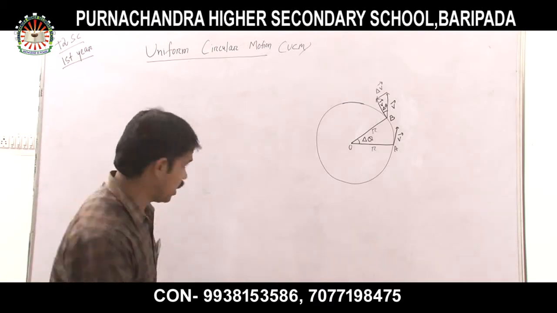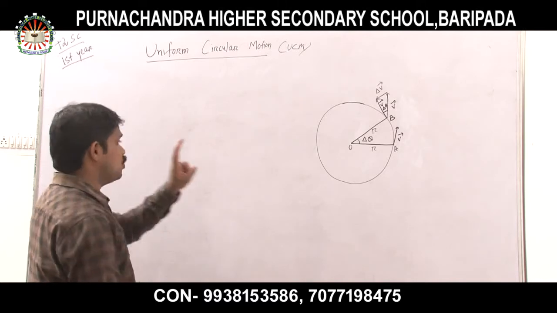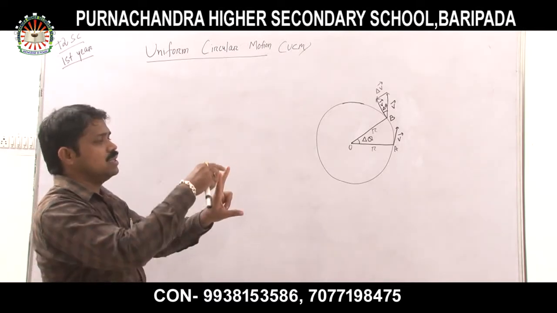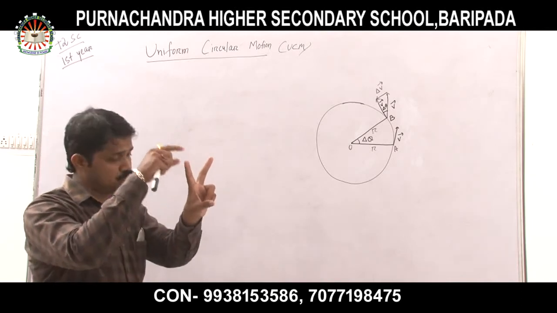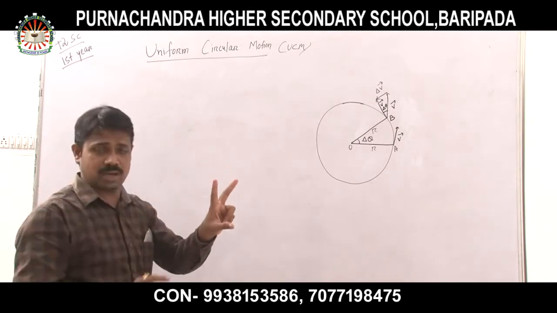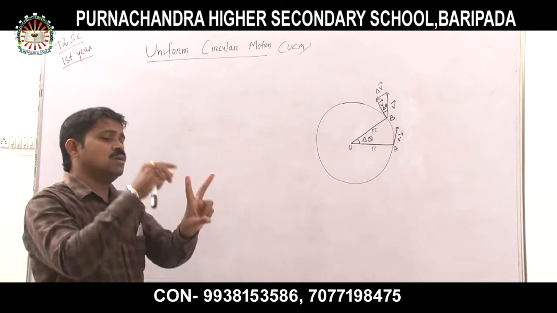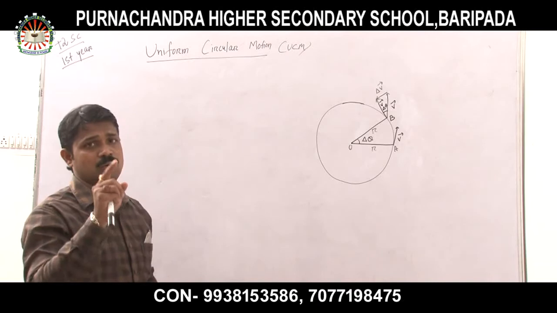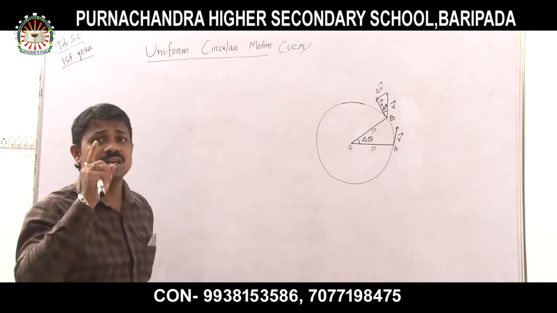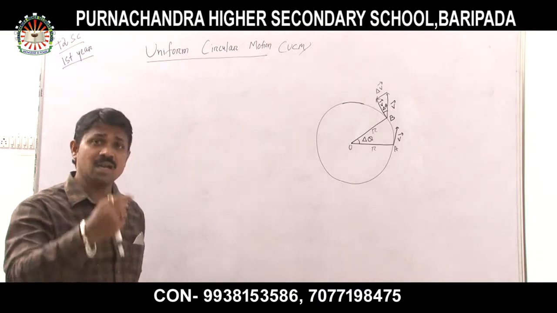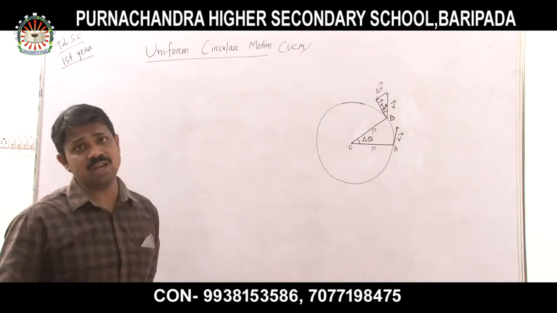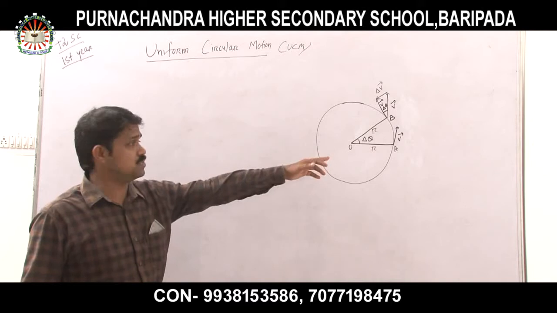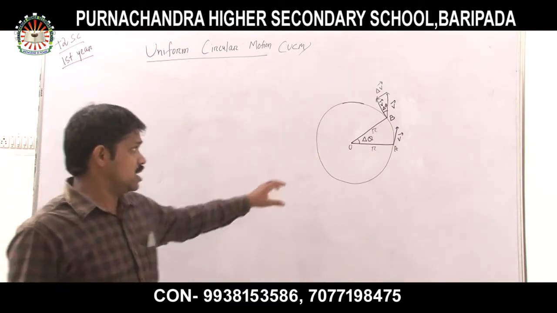Understood all of you? So now two points are very clear in uniform circular motion. The first point is that the object must rotate in a circular manner. Number two, the linear velocity of the object at each point must be the same, but the direction can be different, as you have seen in the figure. We also discussed this figure in the previous video lecture.